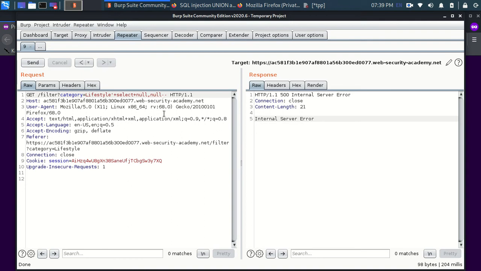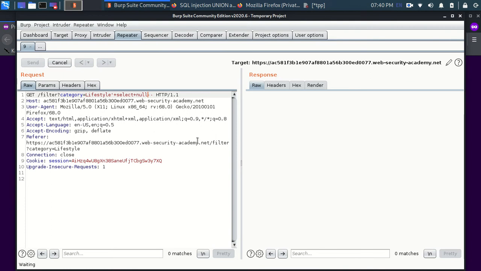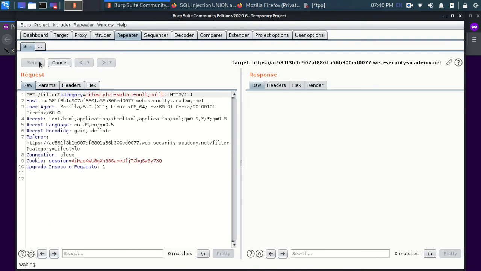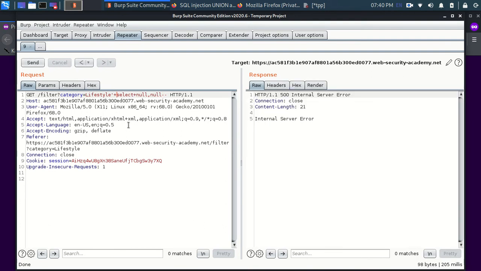Do watch that, but I'll even explain it here. When I send this request, I get a server error. That means for one column it's giving an error because more than one column is coming back. Okay, I forgot the union keyword, sorry guys.